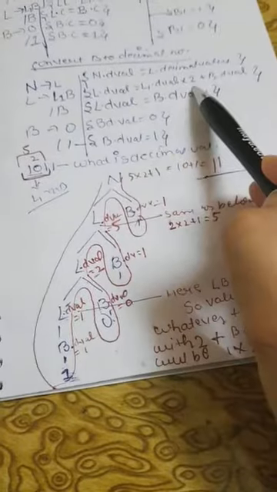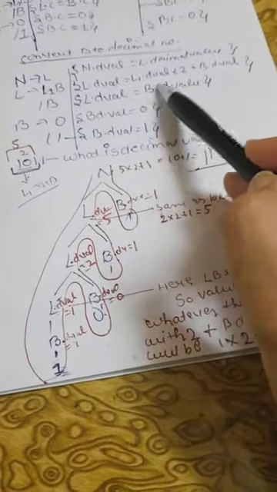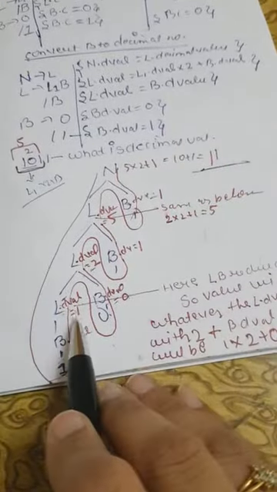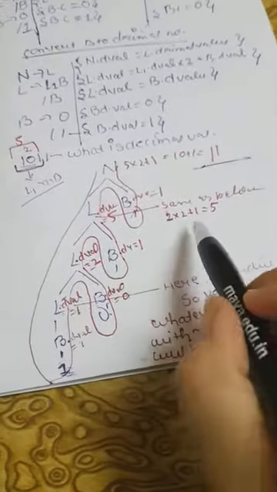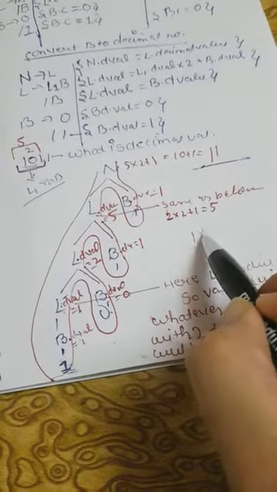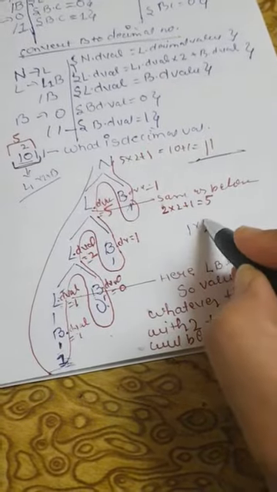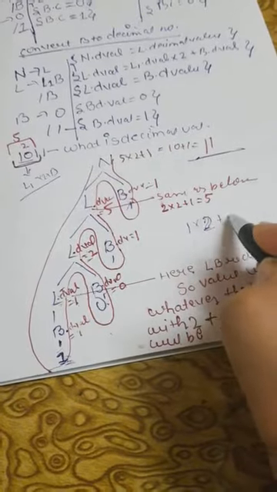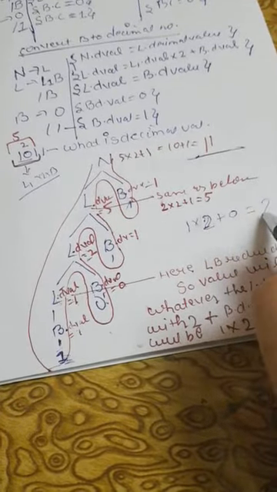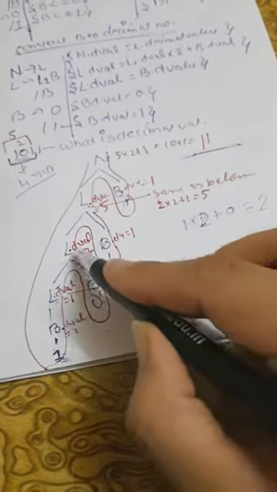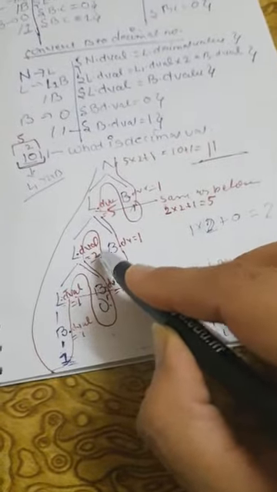So what is the rule? That list dot value into 2. So see, it is 1. Okay, it is 1, so we do 1 into 2. Okay, what does the rule say? Multiply with 2 plus bit's decimal value. What is the bit's decimal value here? That is, the bit's decimal value is 0. So the answer will be 2.